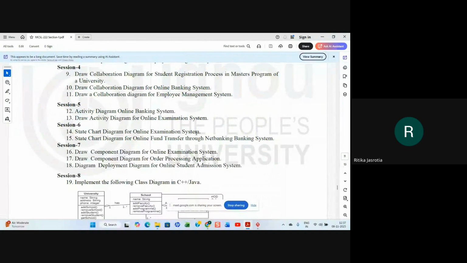Right. So the similar kind of examination system you can think of: you will start, then you will log in, and then you can register for a particular exam. You will fill the registration form, right? If the credentials are okay, that means you are eligible for the examination, then you will be registered. Otherwise, it will give you a message that you cannot appear for such and such. There is a qualification for appearing for an examination, yes or no?